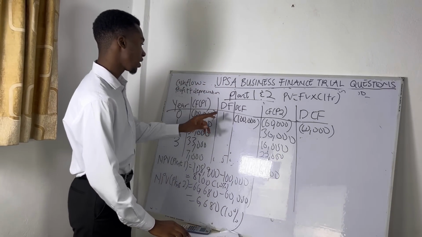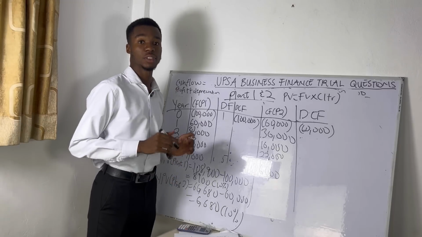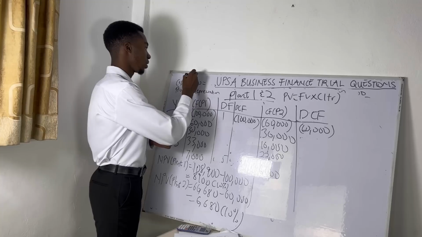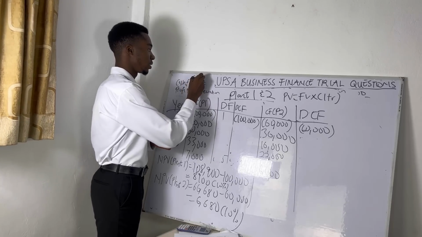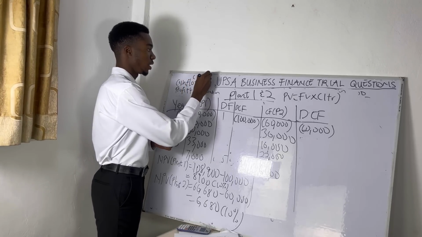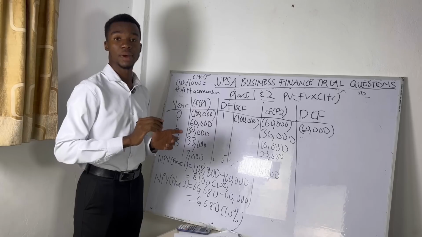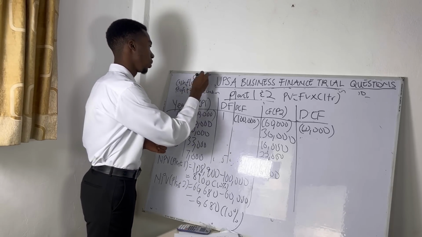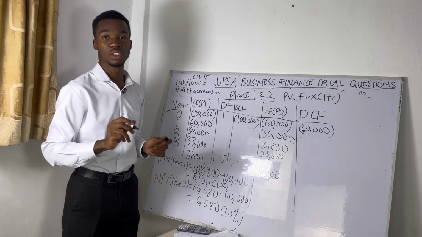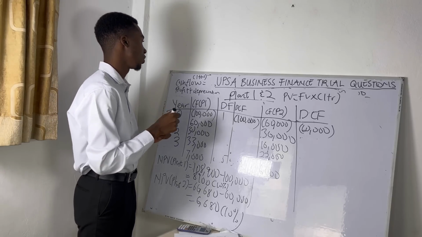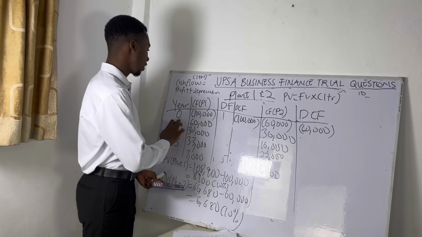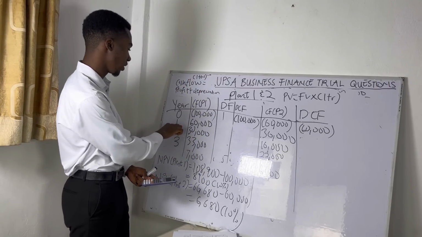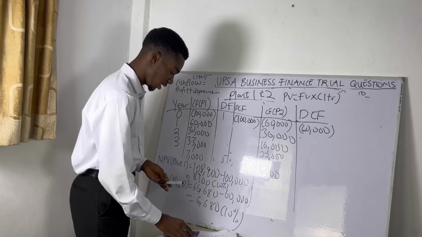So for the discount factor now it's going to be 20%, not 10%. So you're going to use 20%. Remember when it was 10%, we did 1 plus 0.1 exponent negative n. But this one is going to be 20%, so it's going to be 1 plus 0.2 because 20 over 100. So not 1 plus 0.1, 1 plus 0.2 exponent negative n. For year 1, it's going to be 1 plus 0.2 exponent negative 1, because it's year 1. So when we do it on the calculator, we are getting